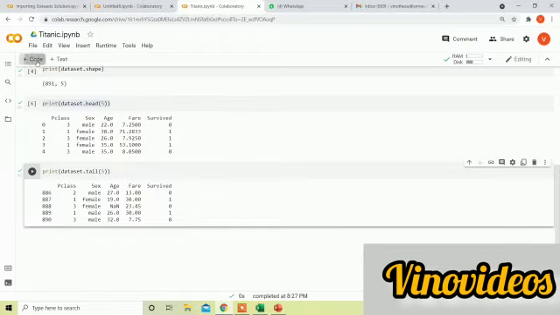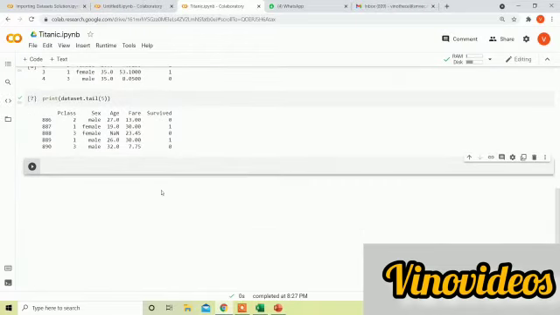Okay, so next I'm going to show the data types. What are the data types present in that particular data set, whether it contains integer or float or object, whatever it may be?